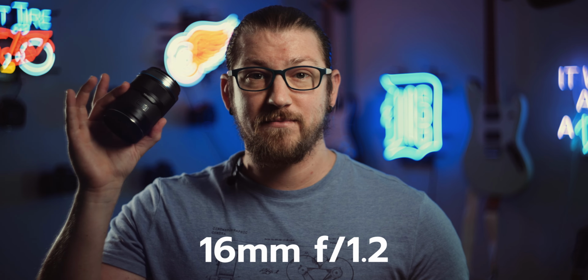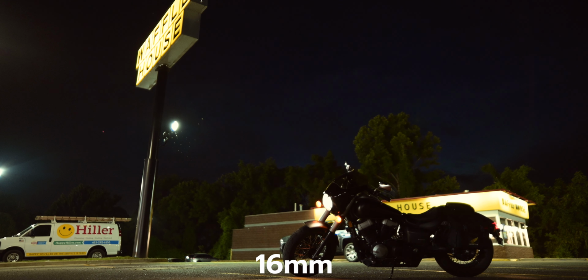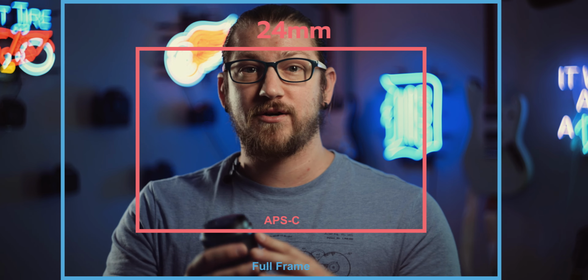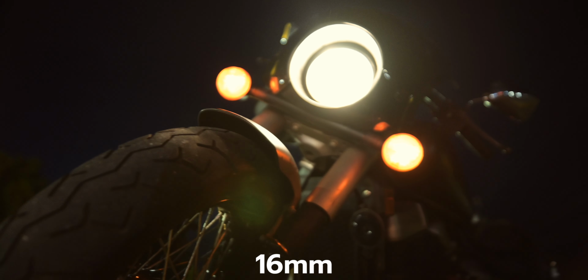So let's talk about the photo and the video quality of each of these lenses. We're going to start with the 16mm. Now, I call this the establishing shot lens. It is nice and wide, and it is something we needed in the Sniper series. The 16mm, let's remember, has that APS-C format, which means there is a little bit of a crop, so the 16 is actually roughly a 24mm focal length. Still fantastic, still awesome to have a 24mm at f1.2,